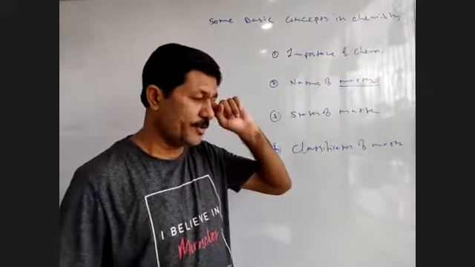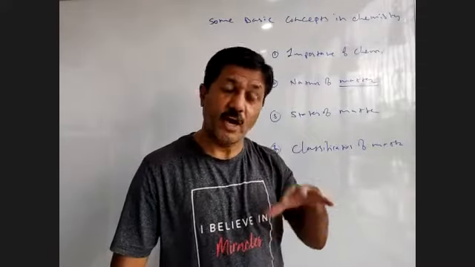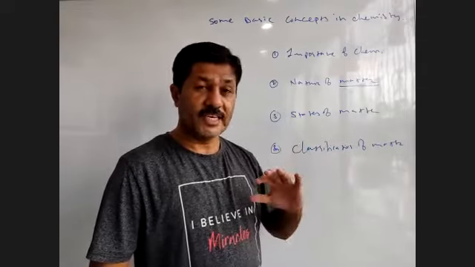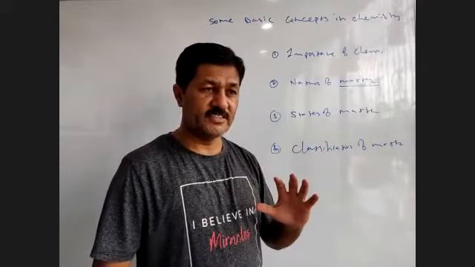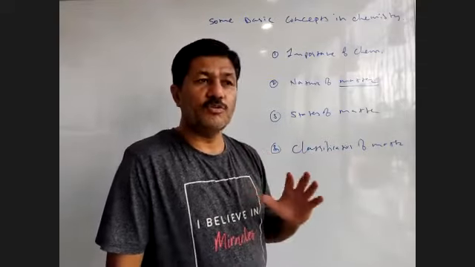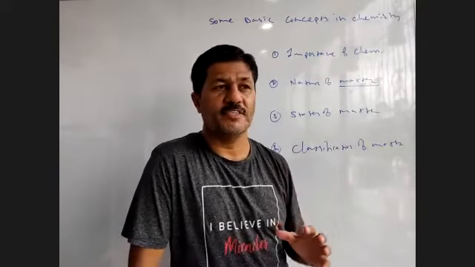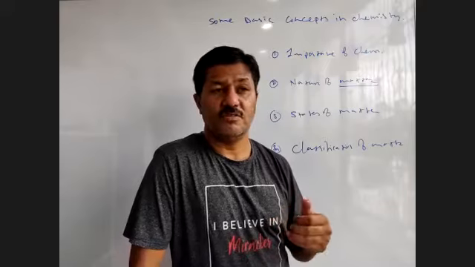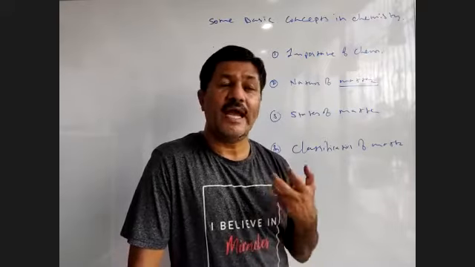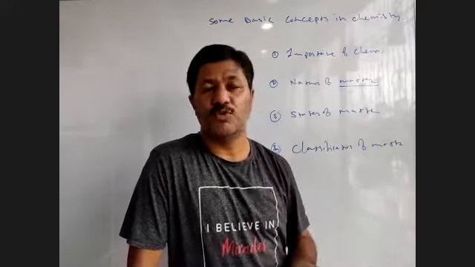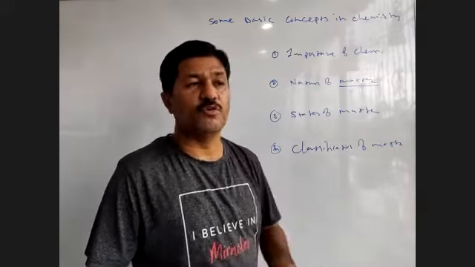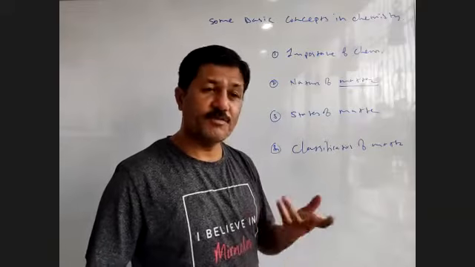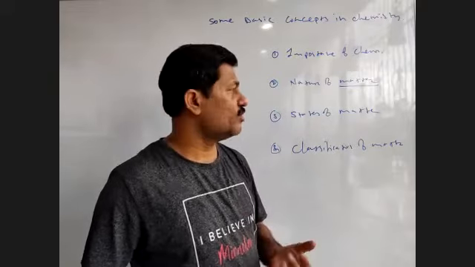So we have seen the definition of matter, and also the definition of chemistry. Once again, chemistry is a branch of physical science which deals with the study of the composition of matter, the structure of matter, the properties of matter, then the changes or reactivity that matter shows, and finally the use of that matter to human beings. The use of this matter to human beings is also studied in chemistry. Matter is anything which occupies space and has mass, no doubt.